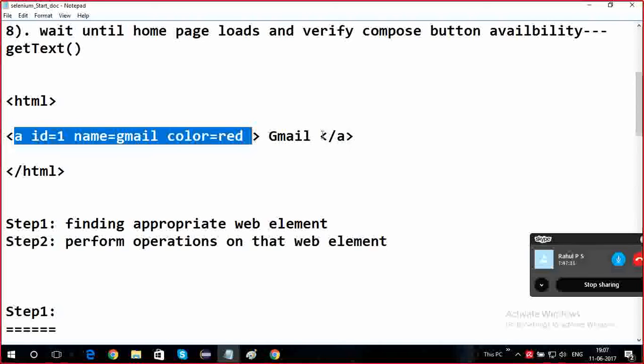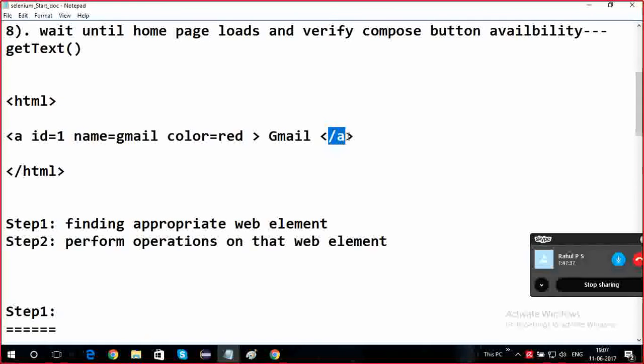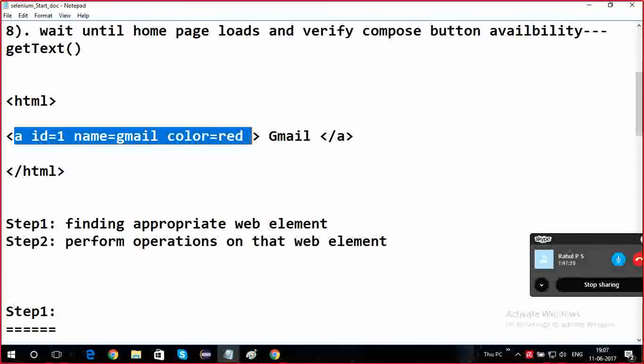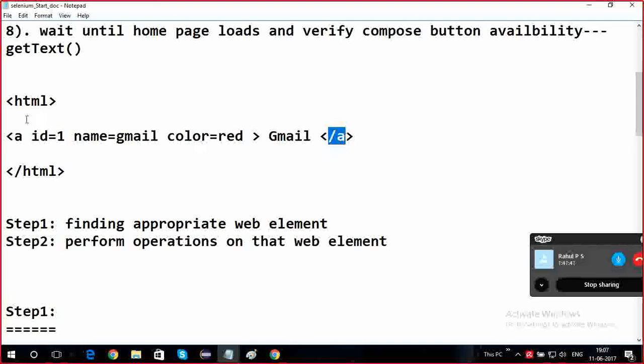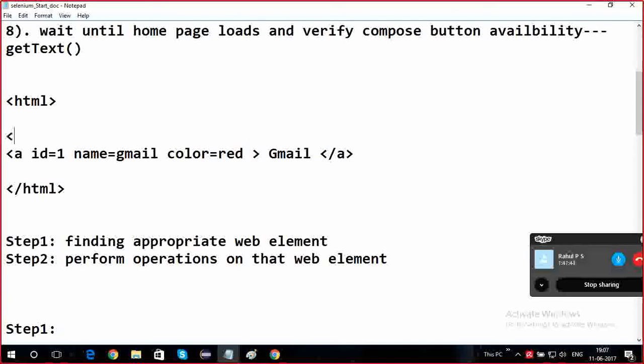A tag, start tag, A tag, end tag. Let me write it here, one more tag, A. A tag, start tag, and end tag. So, A start tag, A end tag. Whatever the value between start and end, now it doesn't have anything, so I am writing hello, click me,